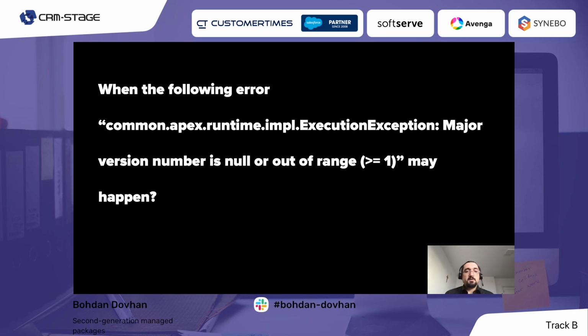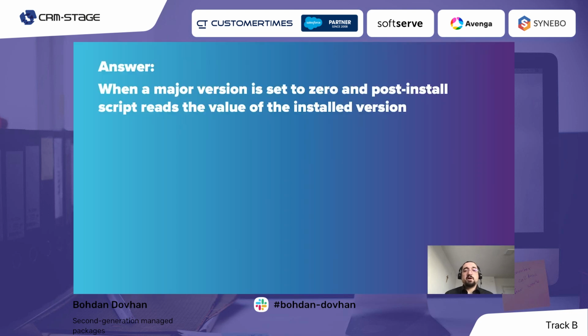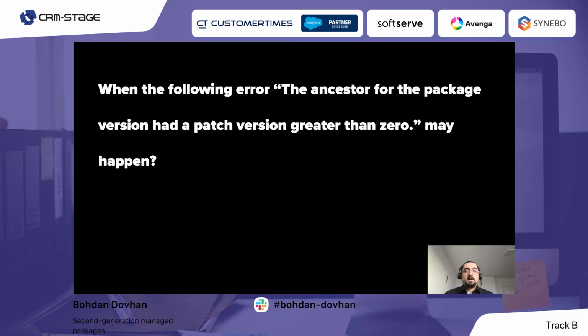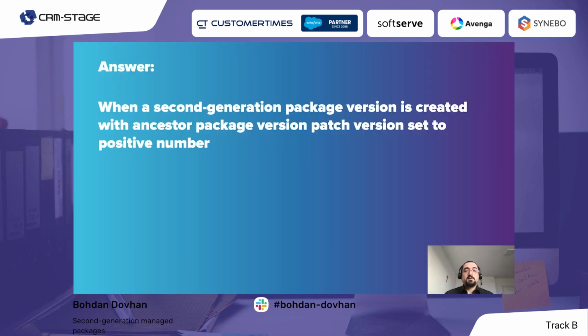And the following error, common Apex runtime implemented execution exception, major version number is null or out of range, may happen. So the answer is simple: when a major version is set to 0 and post-install script reads the value of the installed version. And the following error, ancestor for the package version has a patch version greater than 0, may happen. So this is simple: when a second generation package version is created with ancestor package version patch version set to